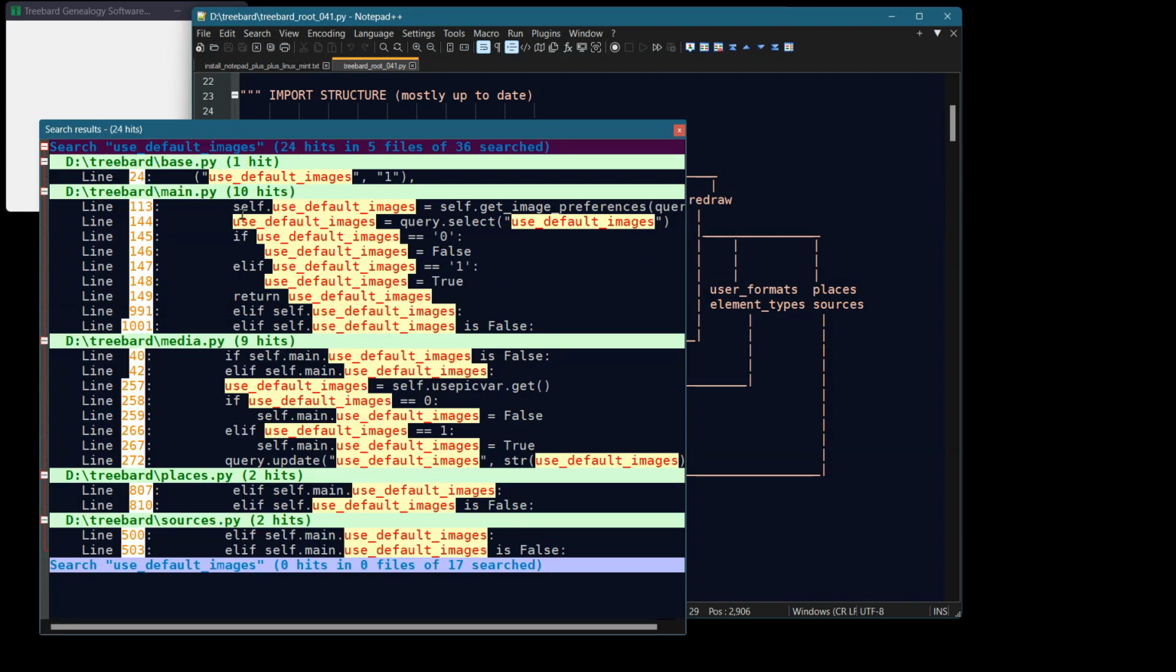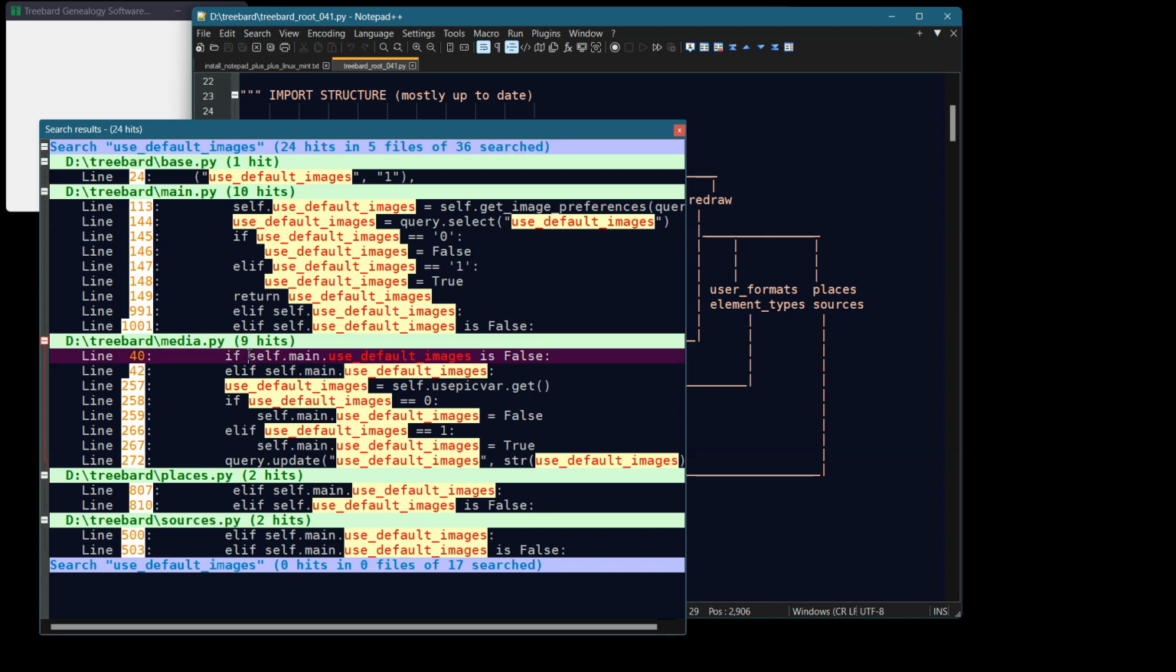Use default images occurs 10 times in main.py. 1 time in base.py, that's not going to be it. 9 times in media.py, twice in places.py, and twice in sources.py. Looks to me like use default images maybe is supposed to be an attribute of the instance of the main class. The main class is capital M-A-I-N. Self.main is an instance of the main class that provides a place for everything to be in the family tree. So we keep saying self.main.use default images here. And then suddenly you see,